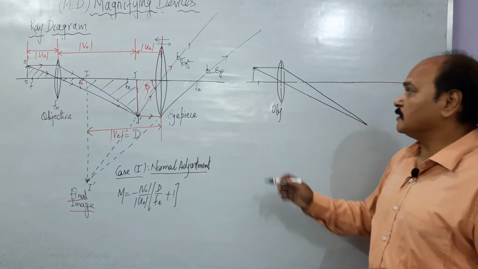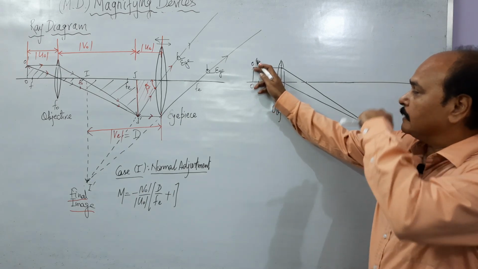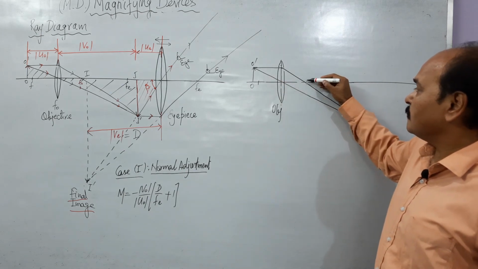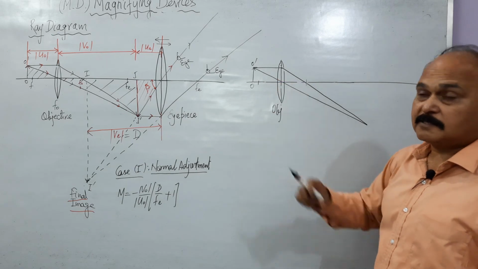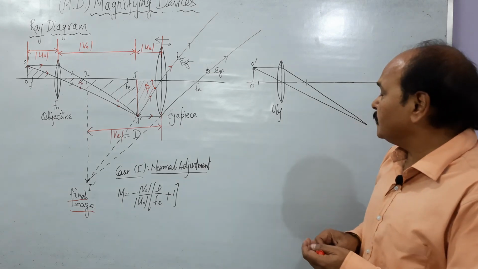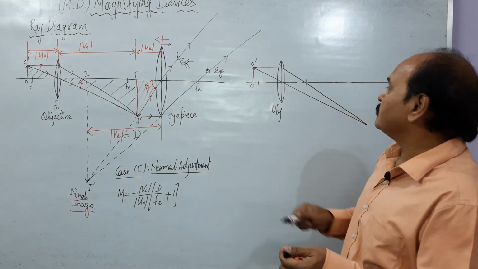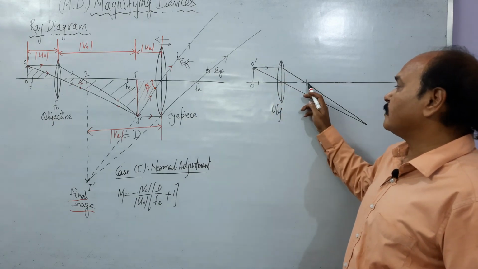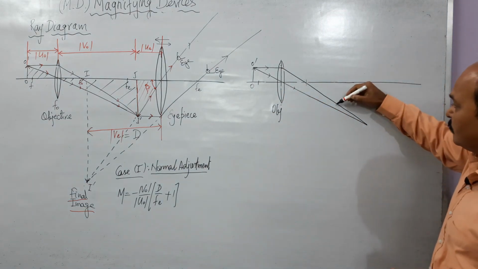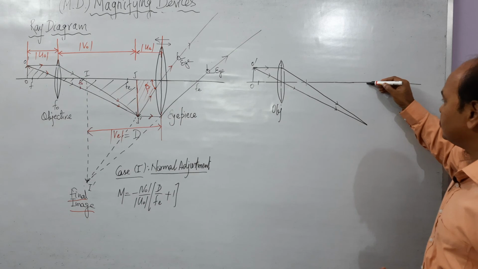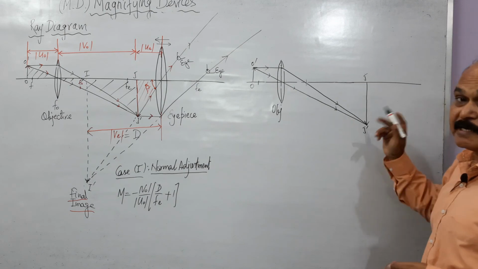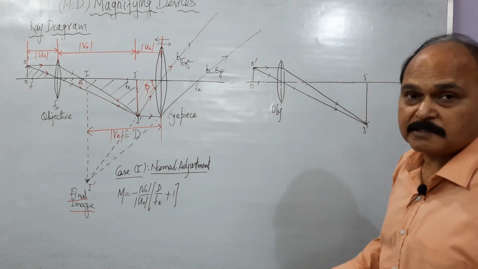In case 2, this is the object O dash as usual. This is the objective lens. This is the focus, and this is the focus. The focus should be marked correctly. The distance of the focus from the optical center, on both sides, should be marked very correctly. And then what happens? The parallel ray after refraction passes through the focus. The other ray which passes through the optical center moves without deviation, and wherever these rays meet, there is formed the image I I dash. Remember children, this is the intermediate image as formed in the previous case.